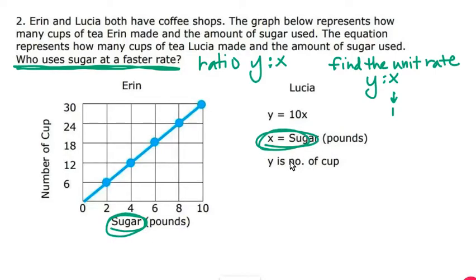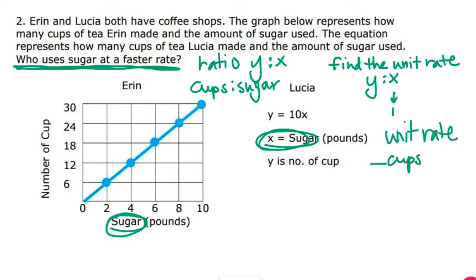So if I'm looking at a ratio of y to x, it would be the ratio cups to sugar, except we want that second number to be 1. So for the unit rate, it would be how many cups of tea,